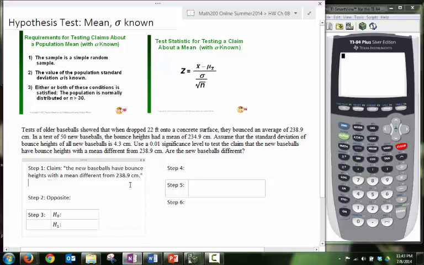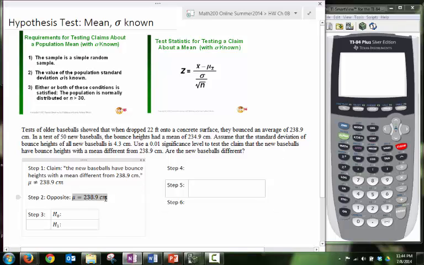Now we want to state that in mathematical terms, and so in mathematical terms the mean for the population is mu, and it's different from 238.9, and the units aren't really necessary here, but we'll just put them on anyways. 238.9 centimeters. Now the opposite of this claim will essentially be the same thing, except we will have an equal sign,